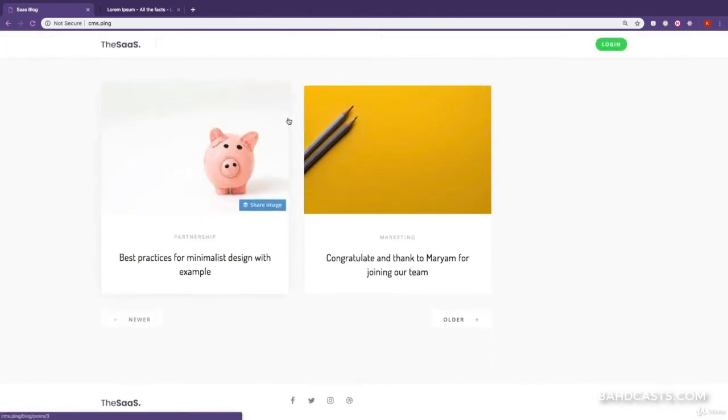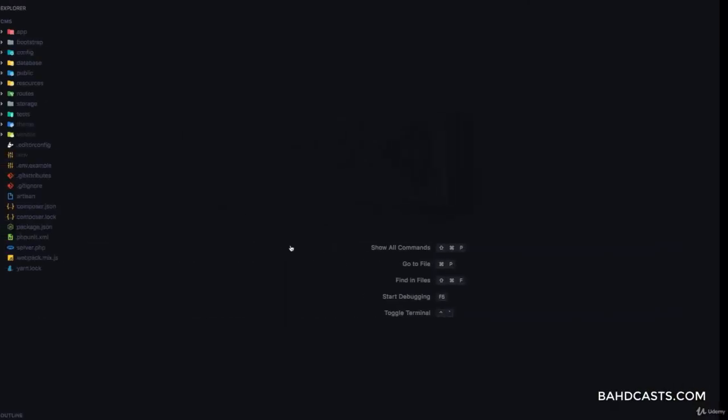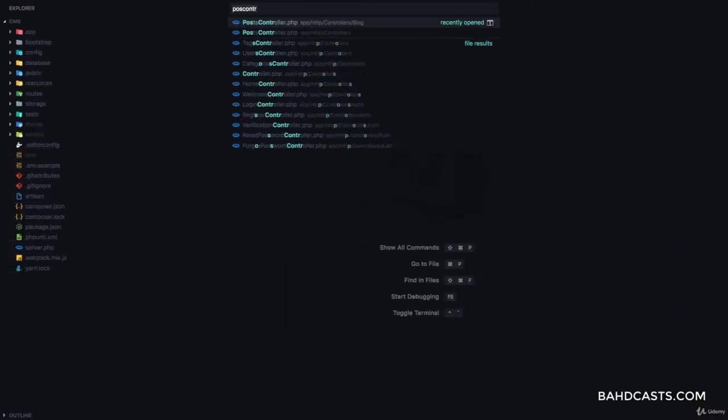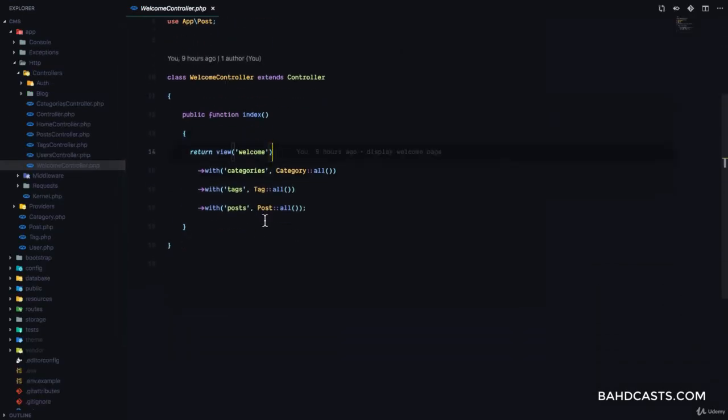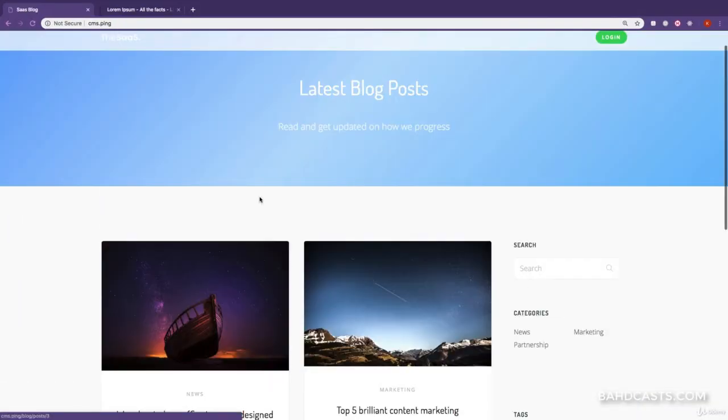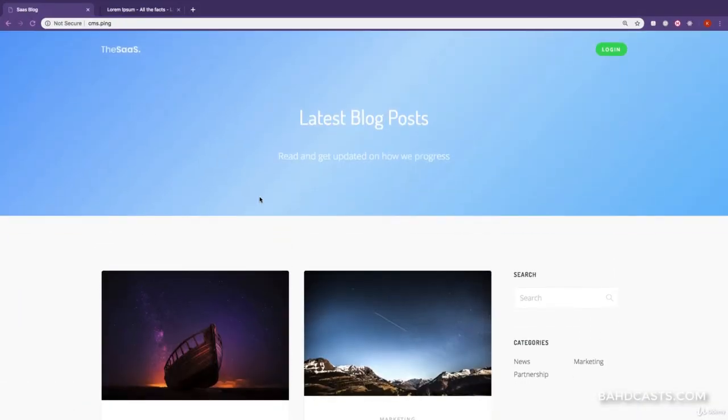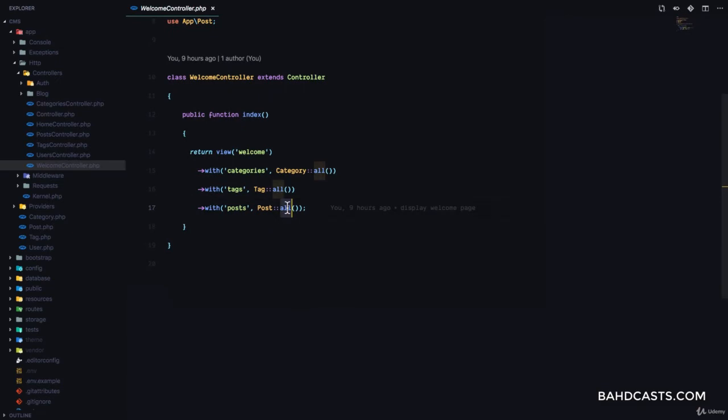But when you're building a blog that has a million articles, you cannot just load all of them, right? So what you need to do is paginate the data. So let's go ahead and do this. Let's go to our post controller, or actually our welcome controller, because that's the one that renders this home page. And you can see here we are doing Post::all, and Post::all is going to fetch all the posts from our database. But what we want to do is, instead of Post::all, we're going to call Post::paginate,